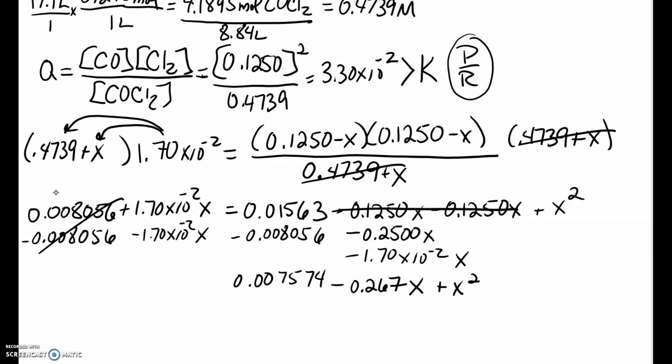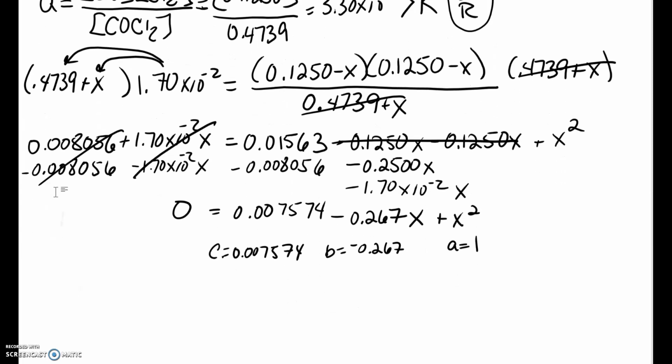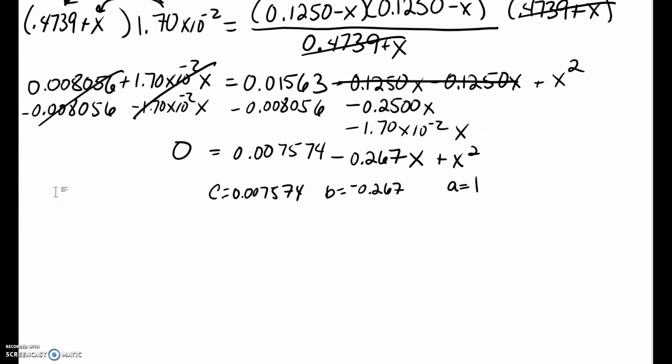plus x squared. And we have 0 on the left. So this is our equation. A equals 1. B equals a negative 0.267. And C equals 0.007574. All right, when we put this into our quadratic equation solver, or our graphing calculator,